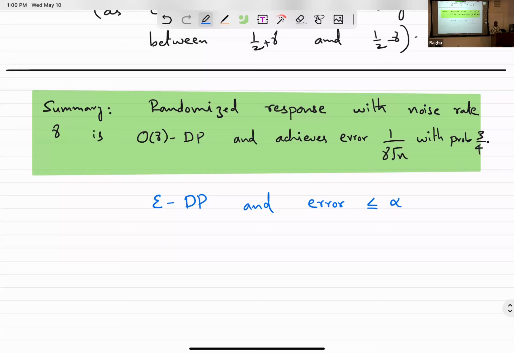I'm trying to estimate the mean. I want it to be within 0.1 of the true answer, but I also want to achieve privacy, which is 0.01. So what does this mean? It means, what should I take gamma to be? Maybe you take gamma to be like epsilon over 10. That would satisfy the privacy constraint. But then if I set alpha to be 1 over gamma root n, this would imply my n is roughly